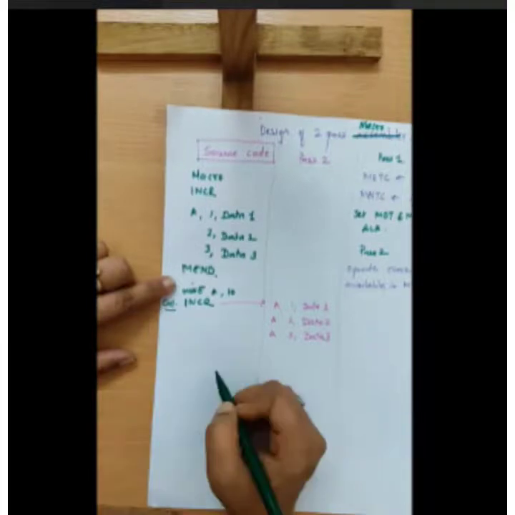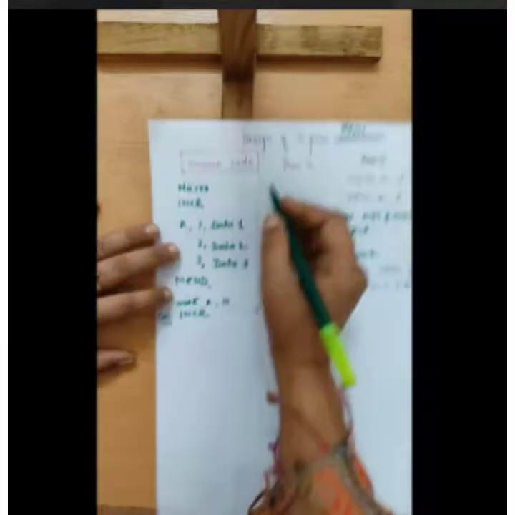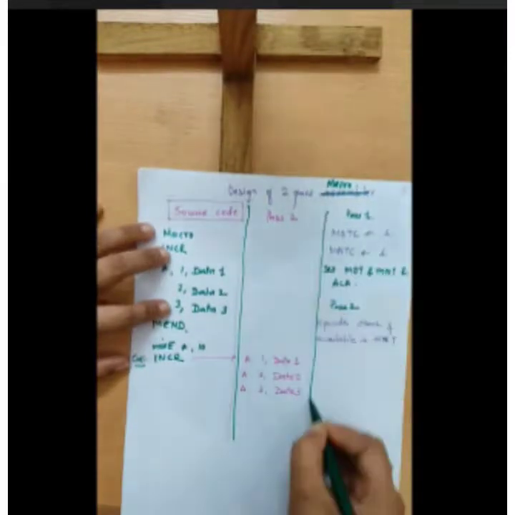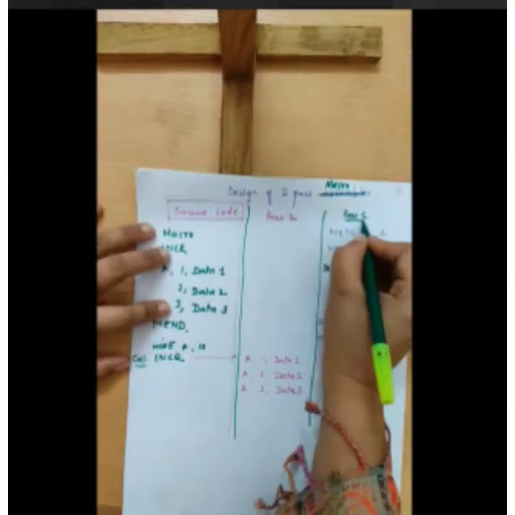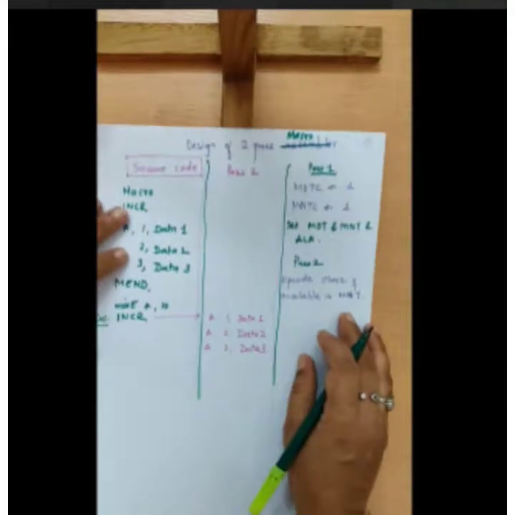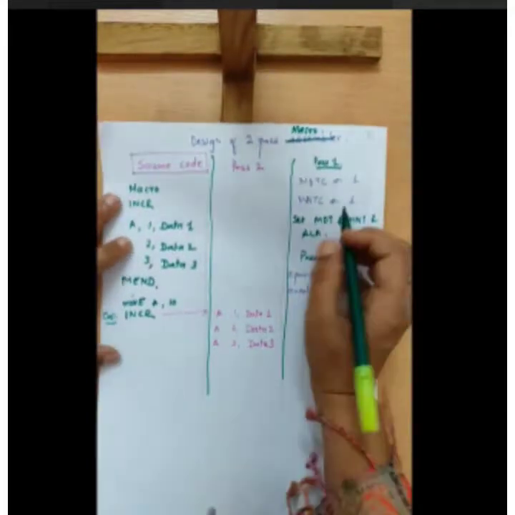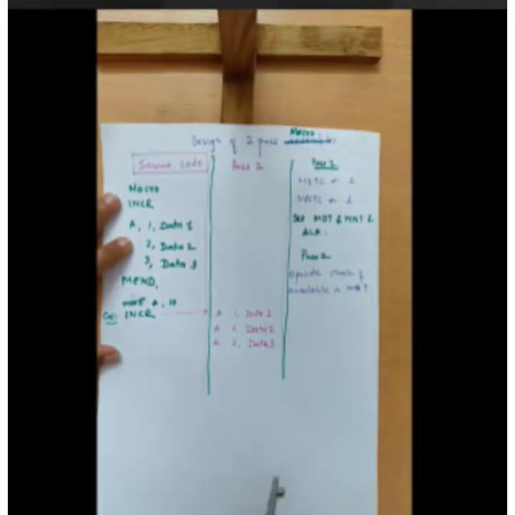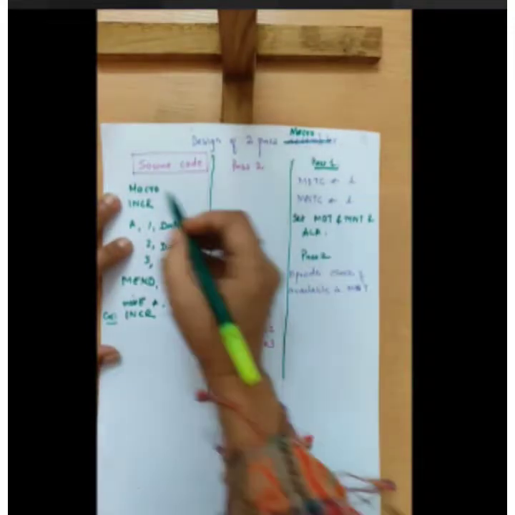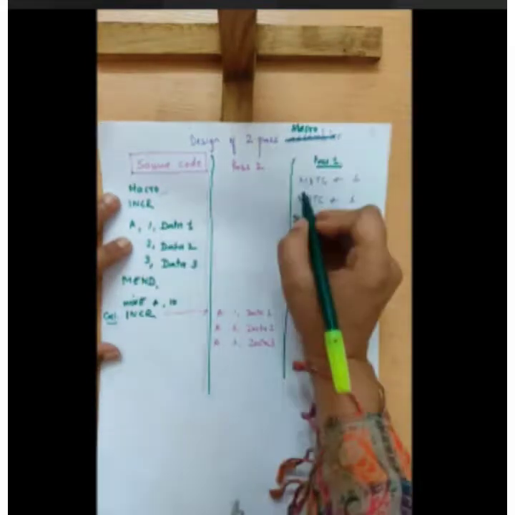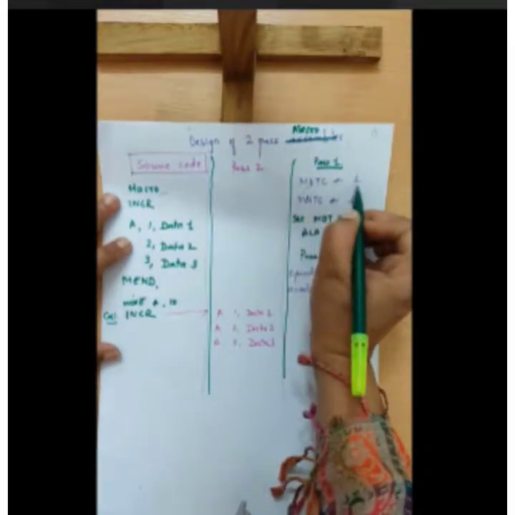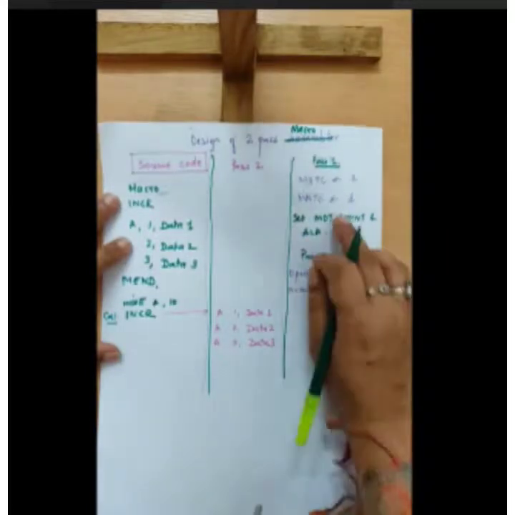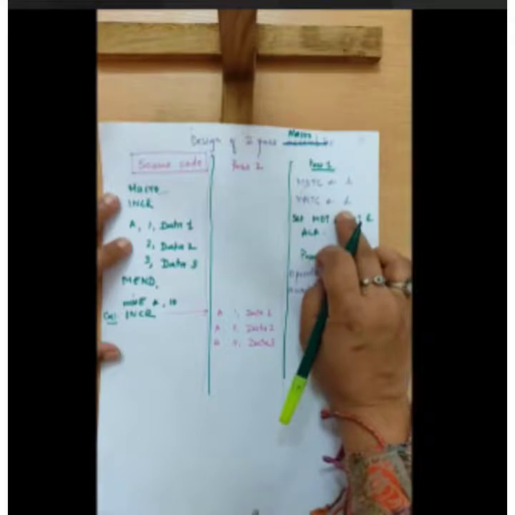Here you see one line and then we have a macro call. We are now going to understand what happens in pass 1 and what happens in pass 2. So let us see first pass 1. You know the steps. What are the steps? First thing we have to do is start reading line by line. Then we have to set MDTC to 1 and MNTC to 1. So we have set the values of the counters to 1.